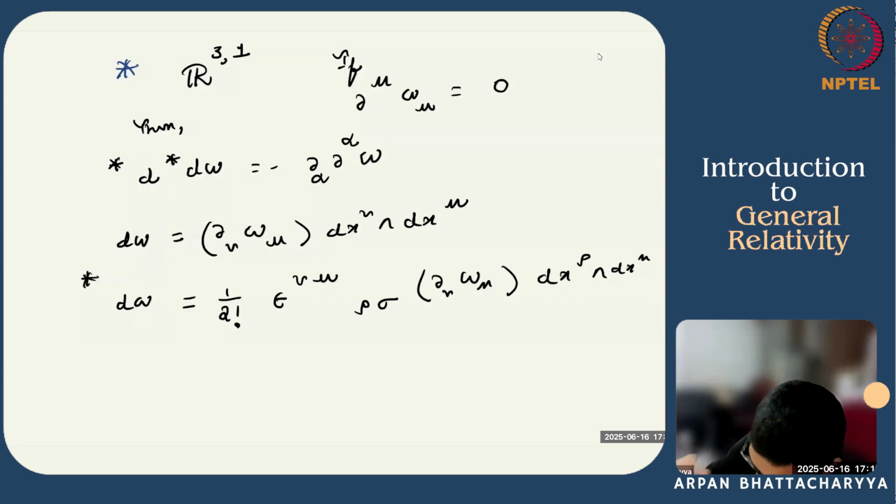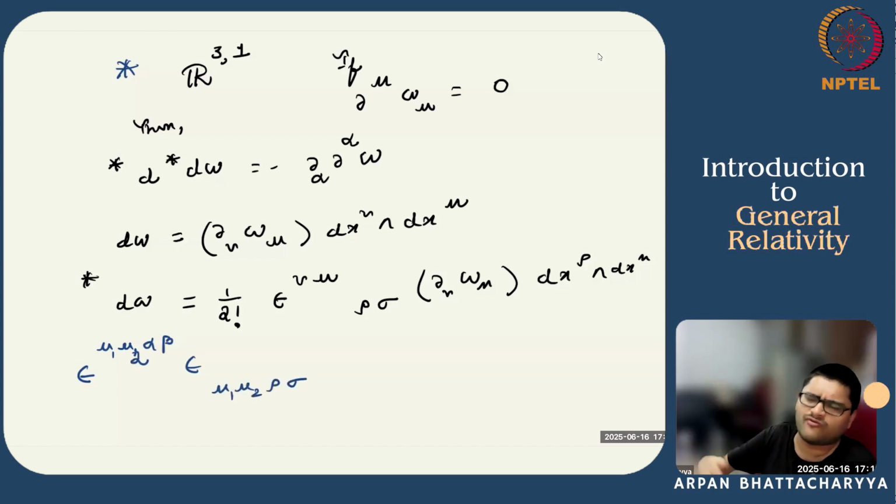And note that if you have two epsilons, let's say one has indices alpha beta, another epsilon has indices mu1 mu2 rho sigma. So two of these indices are contracted. And of course, you can raise and lower the indices by your Minkowski metric tensor. Note that the resulting object has to be antisymmetric in alpha beta, and rho sigma as well. And you can show that this is nothing but